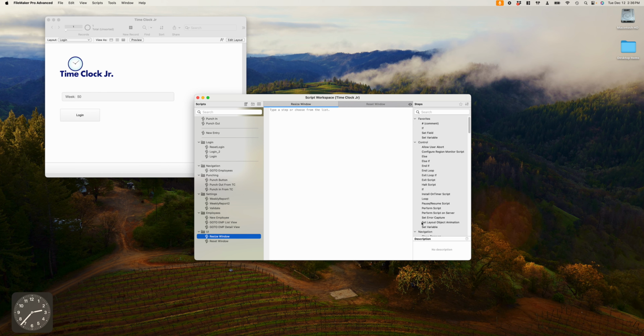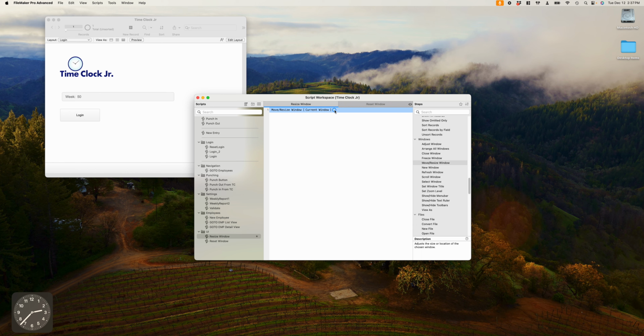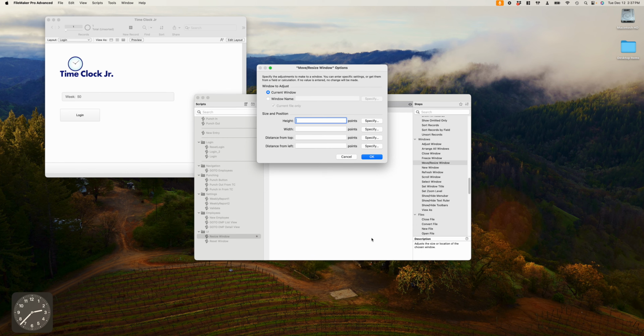Okay, so the first thing that I'm going to do is use a function in here where you can just say move resize window. There it is. So within that you can select this move resize option here. Okay, and I'm going to give it, it's kind of backwards. Typically things will list out a width first, but they list out height first, so just keep that in mind. I'm just going to start out with 600 by 800 and see what that gives me,